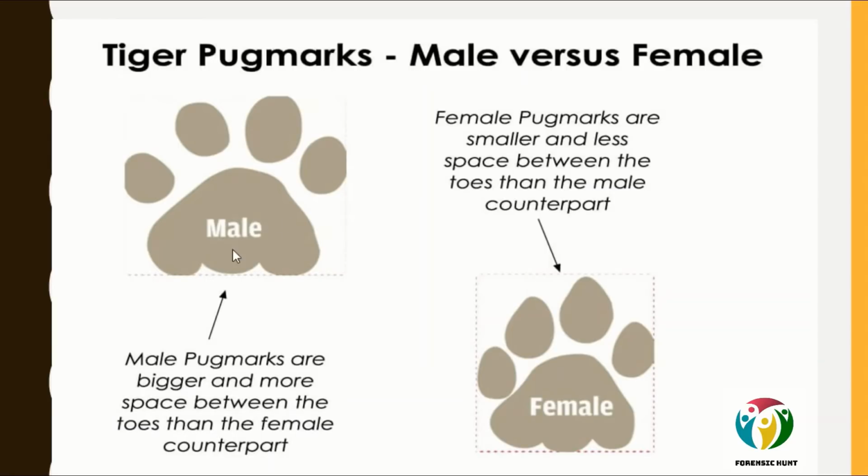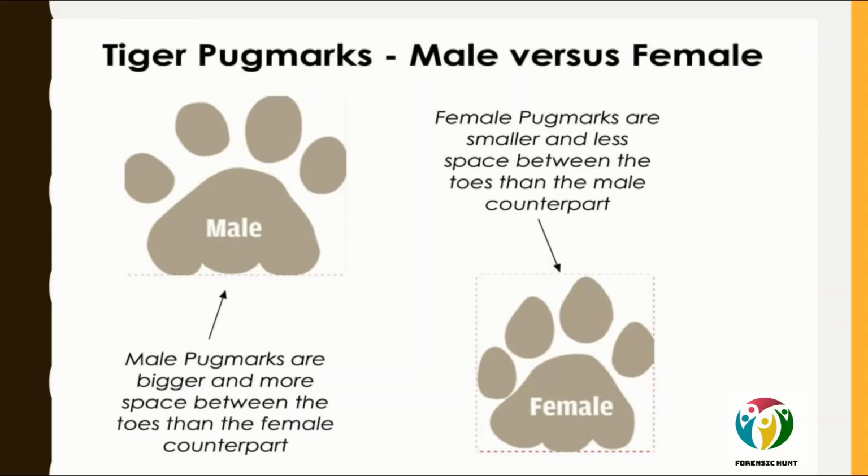Now, one question may arise in your mind: how would you be able to know whether a given pug mark comes under the category of square or rectangular? First of all, you have to measure the PML and PMB, and once you have those measurements, you have to find the difference between PML and PMB. If the difference is not that much, that is, less than 1.5 centimeter, then you can say the shape is square in nature, that is, it derives from the male. And if the difference in PML and PMB is greater than 1.5 centimeter, then you can say that it is of rectangular shape and thus it came from a female.